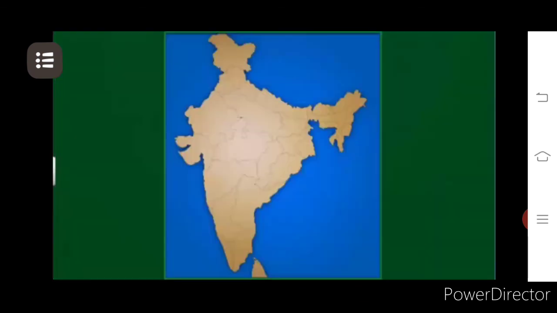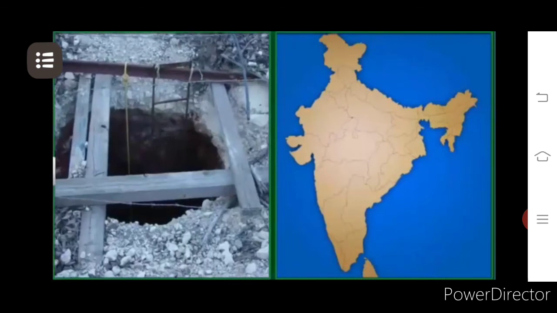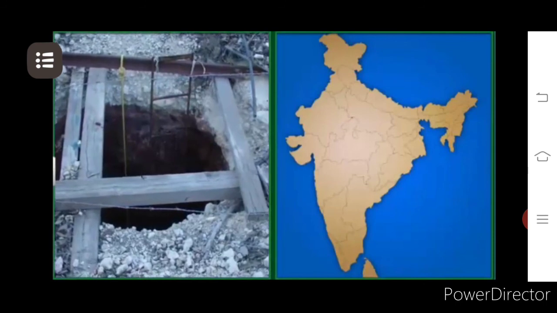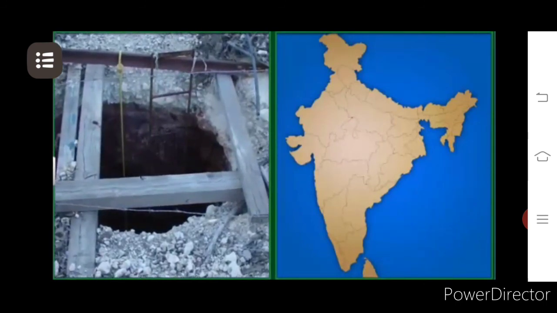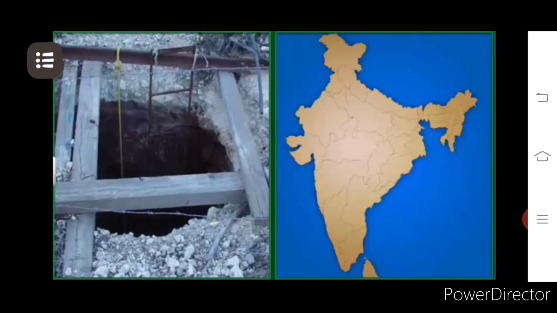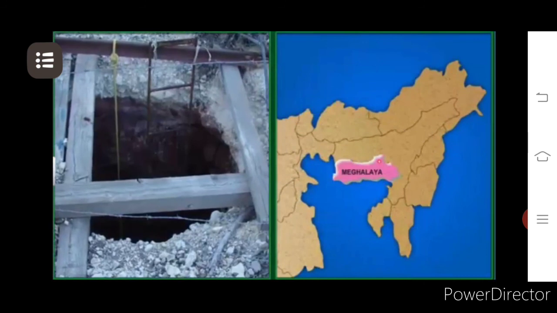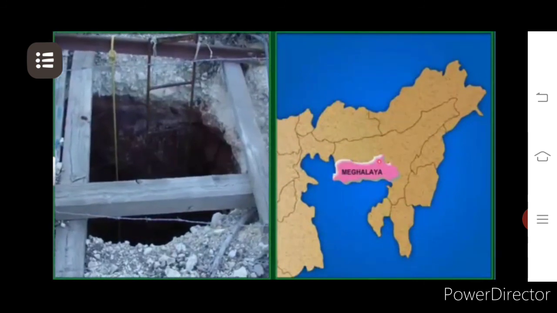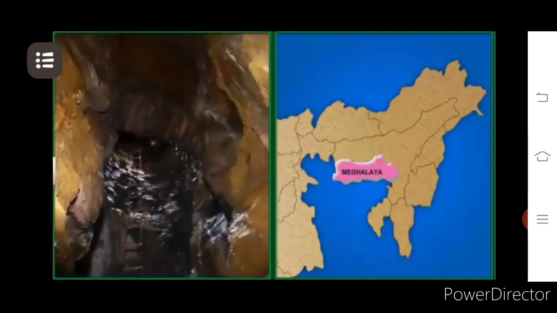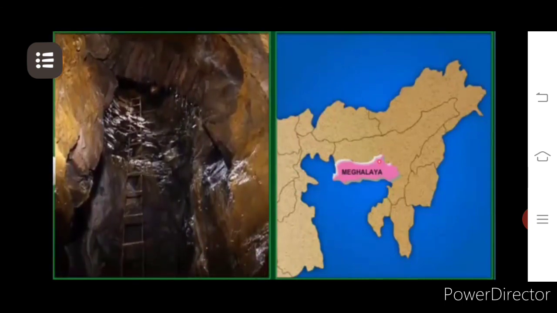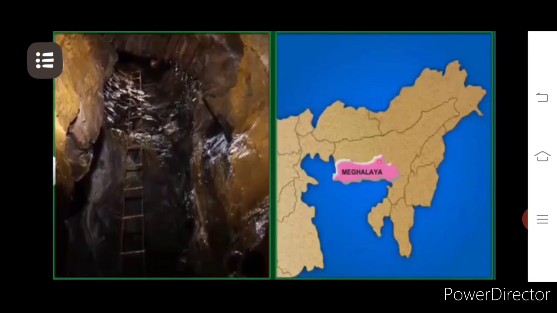All the mineral reserves in India are owned by the government. However, in the tribal areas of northeast India, individual persons or communities lay claim to mineral resources. In Meghalaya, families lay claim to coal deposits and mine coal by digging long, narrow tunnels in the ground. This practice is called rat hole mining.